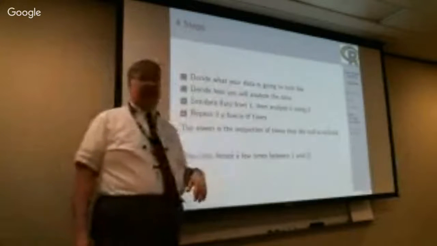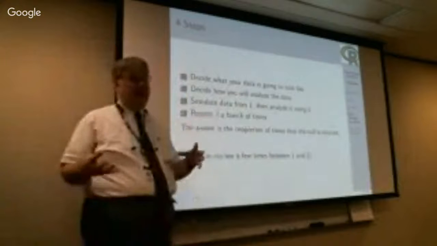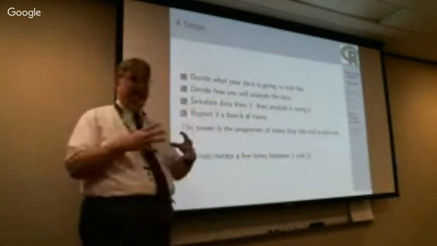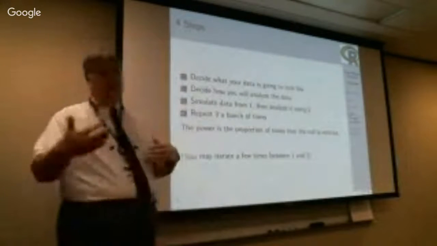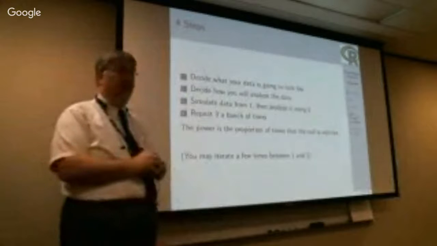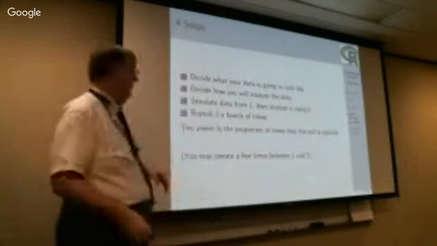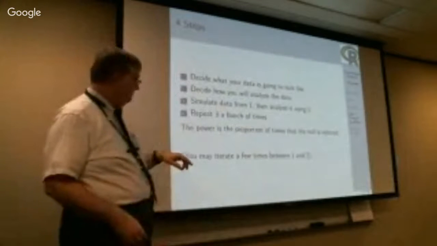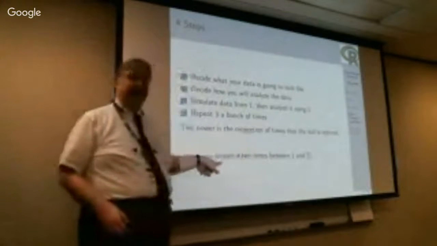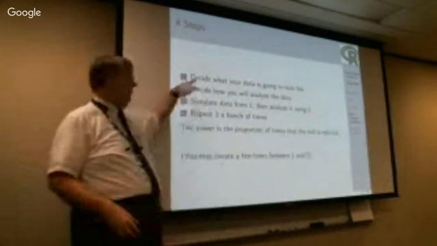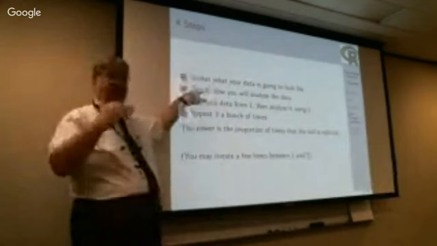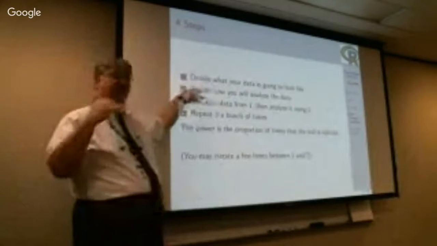Then, how do we plan to analyze the data? Now that might change, but at least for a power study, you have to have some idea of it. It might be that I just do a simple t-test, or it could be that I do a full regression to adjust for a bunch of other things. And sometimes I iterate a few times between 1 and 2. I think my data is going to look like this, then I decide I'm going to analyze it this way, and then I realize, well, if I analyze it this way,